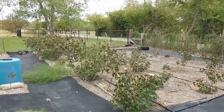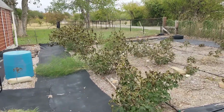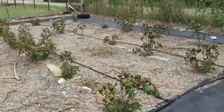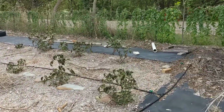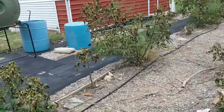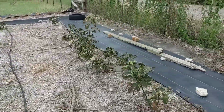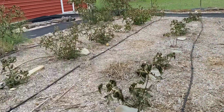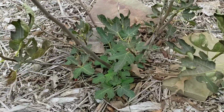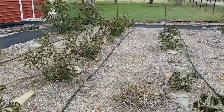All right, it's November 19th and we've had a few days of cold. This is the orchard at the moment. This is not from the recent cold. This is from about a week and a half ago when we had our first freeze, and it just flash froze for like an hour or two before the sun came back out and basically burned all the leaves. You can see down at the bottom, the leaves are still all right, but taking damage from the cold from